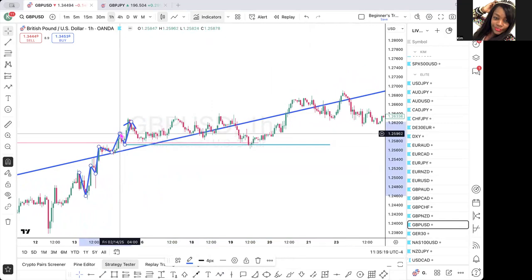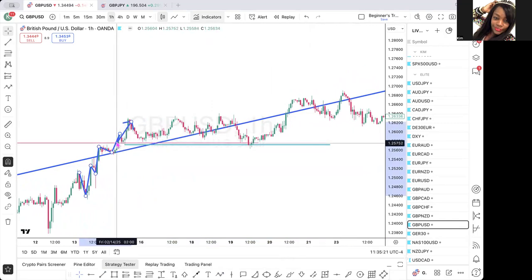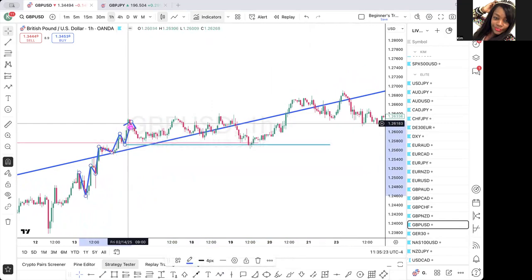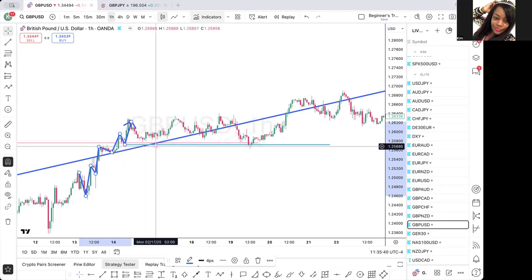Okay. And the reason why I want to show you that is because once price starts pulling back, people get afraid, like, oh my God, it's selling, it's selling, it's selling. You see all these red candles, right? If price doesn't break this low, stay in your trade. Don't get tricked out of your trade. If price does not break this low, do not get tricked out of your trade. And that is why I want to stress